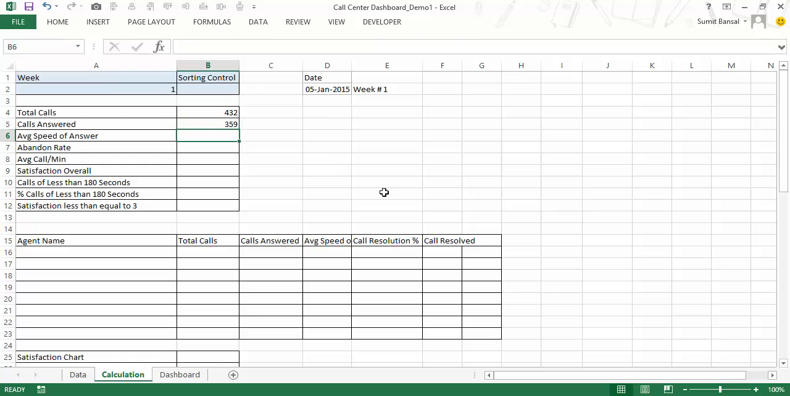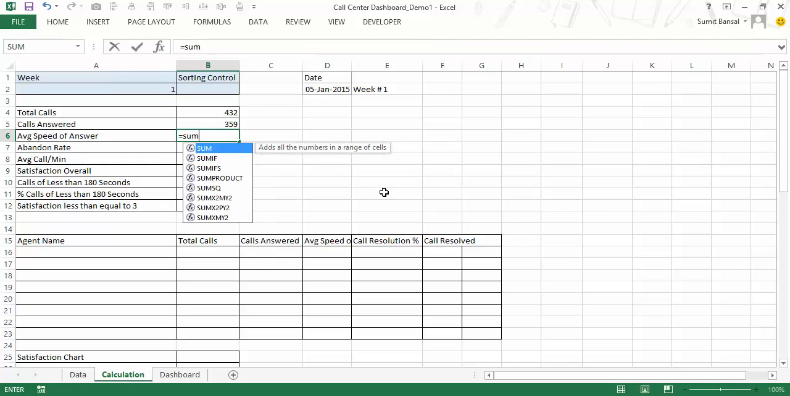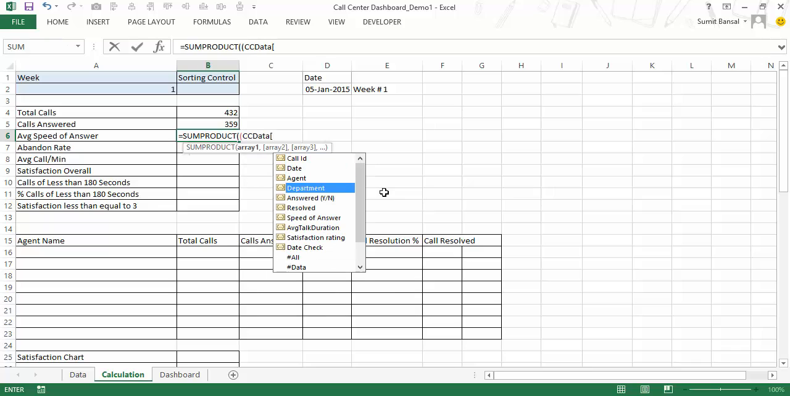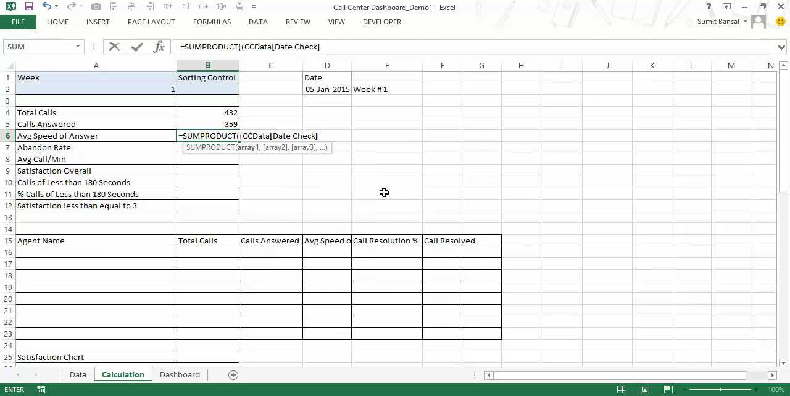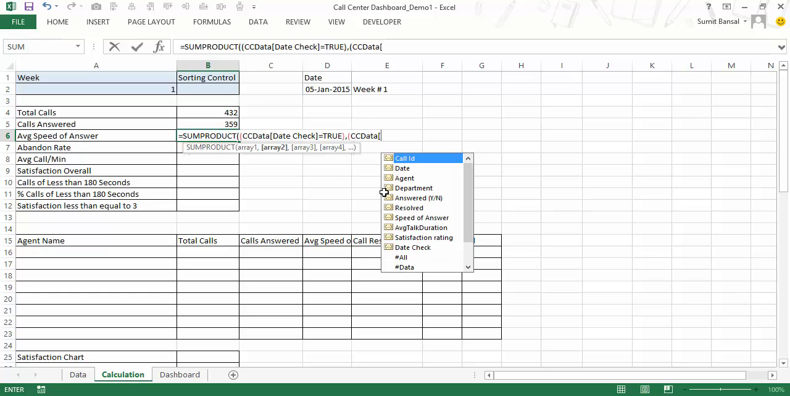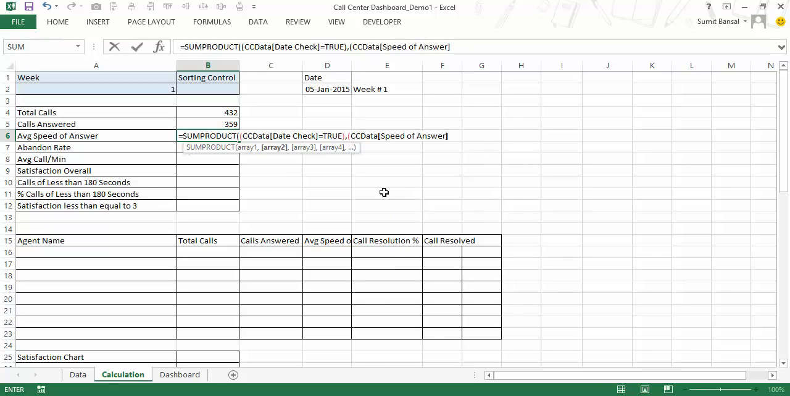Now I need to calculate the average speed of answer. So here I would again use SUMPRODUCT. First thing would be CC data, and here, as I said, we would first check the date range. So again, this would give me a range of trues and falses. Now the second thing here is, and I would use a comma here, the second thing is CC data. I would check the average speed of answer, and